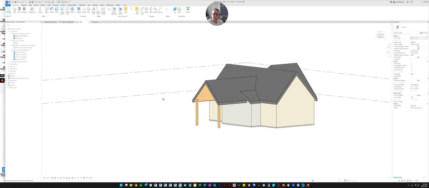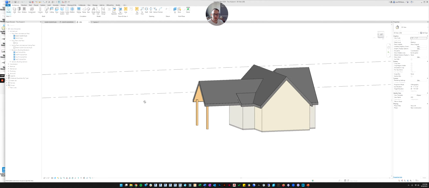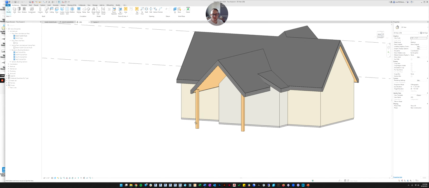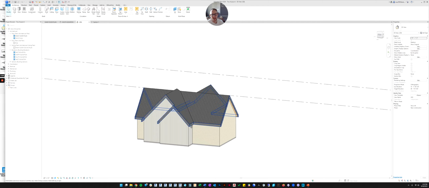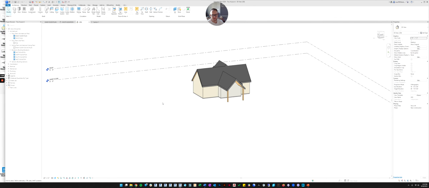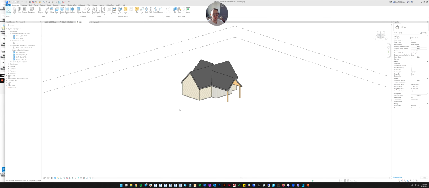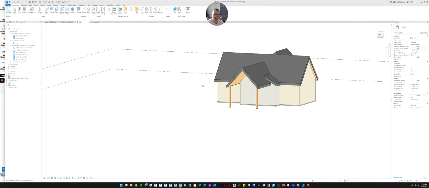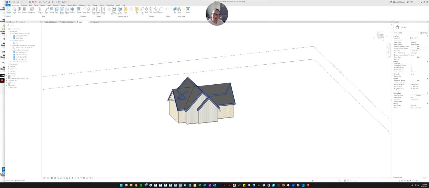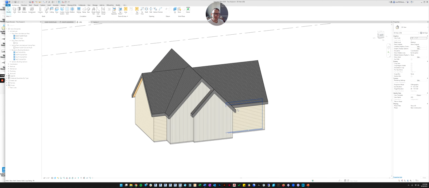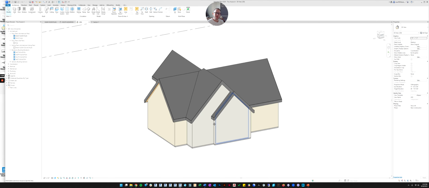If you were working for me and we were putting out drawings, I would make you fix this and we would figure out a solution. For the purposes of this class, this is good enough, unless you want to fiddle with it more. You could spend 30 minutes just trying to figure this out. If you want to do that, I invite you to do that. If not, that's okay.